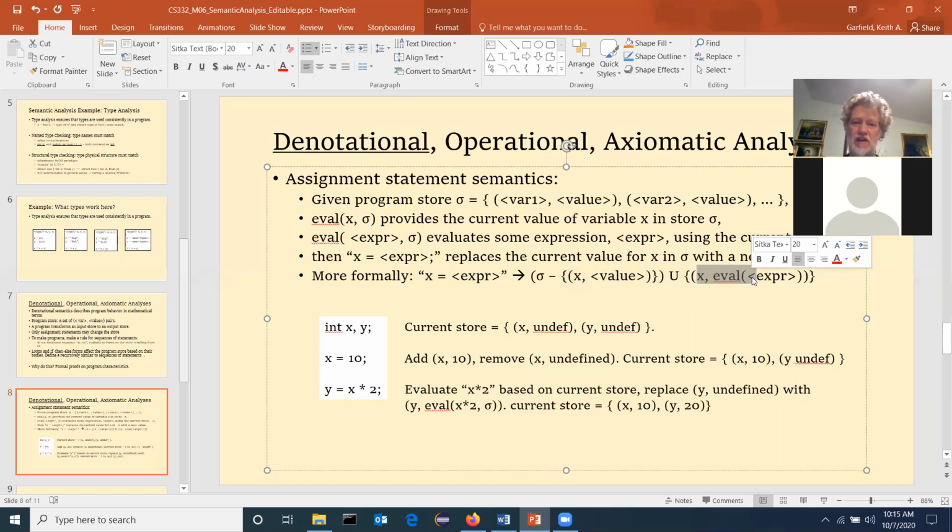Intuitively, does what I'm saying make any sense? That if we think of the store as a series or a set of variable value pairings, that assignment statement simply replaces the variable value pairing for the identifier on the left-hand side of the assignment operator. Intuitively, does that make any sense? Or better yet, who thinks it doesn't make sense? That's the person I need to be talking to. Okay, I'm going to take that